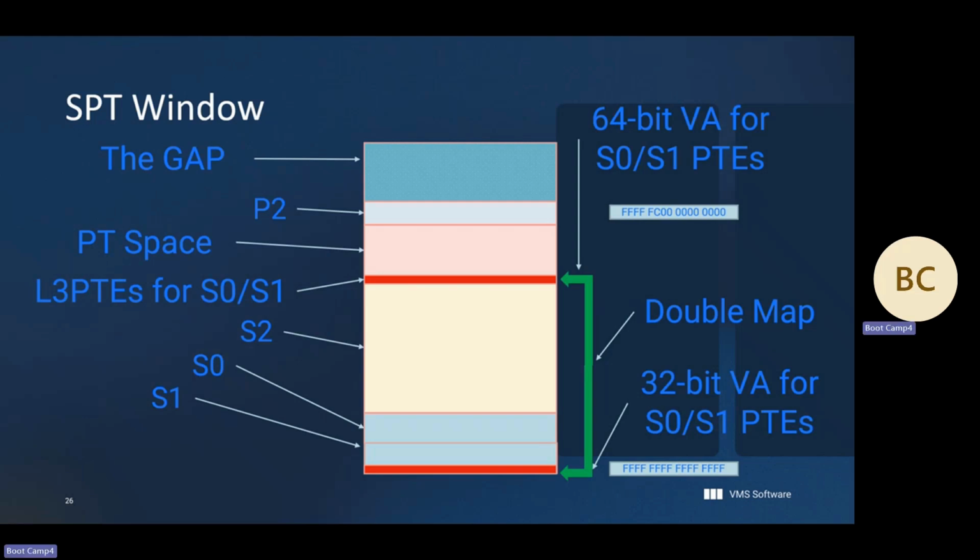So either this address, which is a 64-bit virtual address, can touch these PTEs, or a 32-bit address can touch the very same PTEs using a 32-bit address. This allowed us to not have to rewrite the entire I/O system when we started taking advantage of 64 bits.